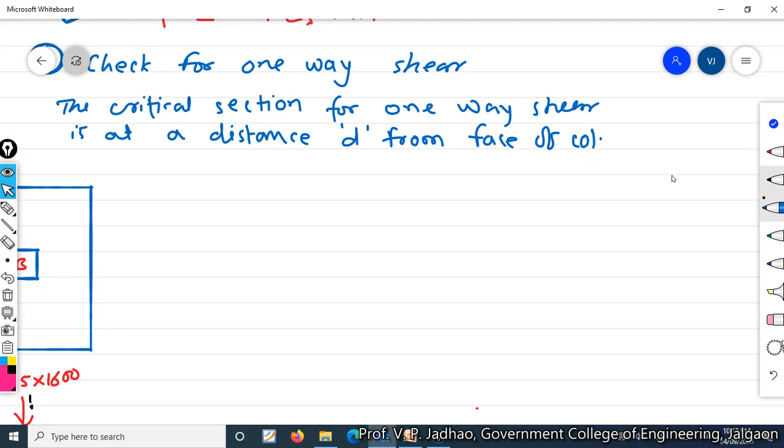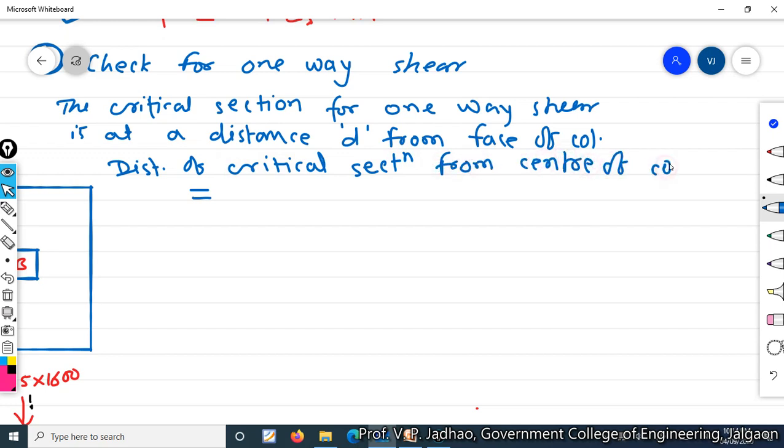Now we have to calculate the value of shear force. In simple words, the critical section will be at a distance small d from the face of our column. If we want to calculate the distance of this particular critical section from the center of the column, the distance of critical section from center of column